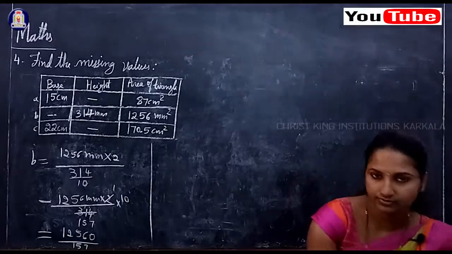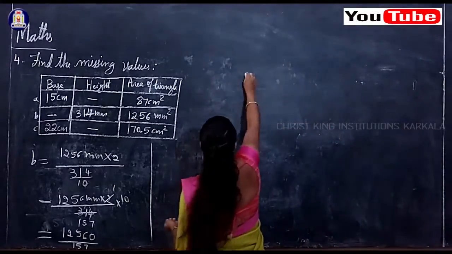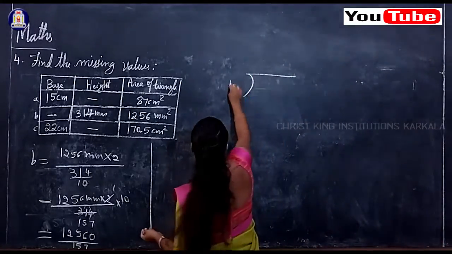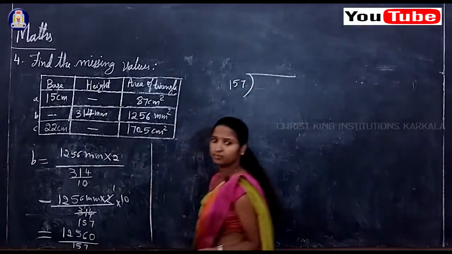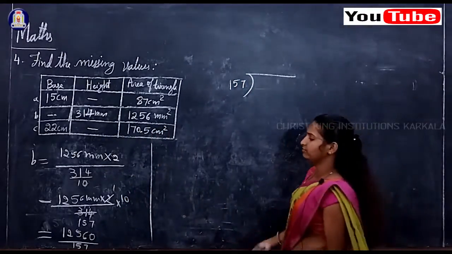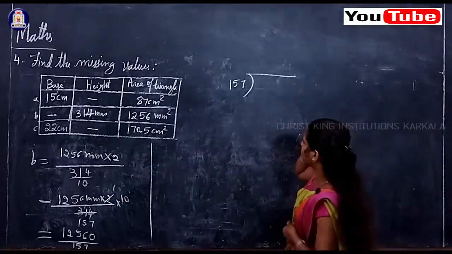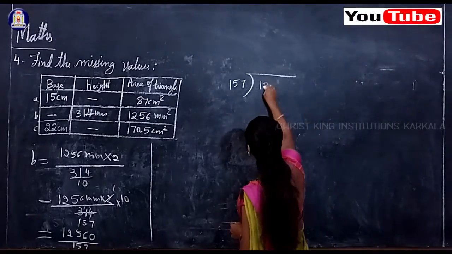Okay, now 157 will divide directly because it is an odd number. 157 has no table. If it divides, you can divide both numerator and denominator, or else directly you can divide by the long division method. Okay,